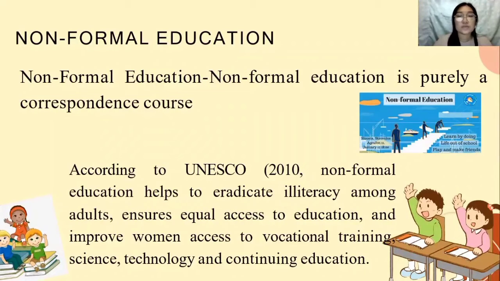According to UNESCO 2010, non-formal education helps to eradicate illiteracy among adults, ensures equal access to education, and improves women's access to vocational training, science, technology, and continuing education. And it also encourages the development of non-discriminatory education and training. Next,